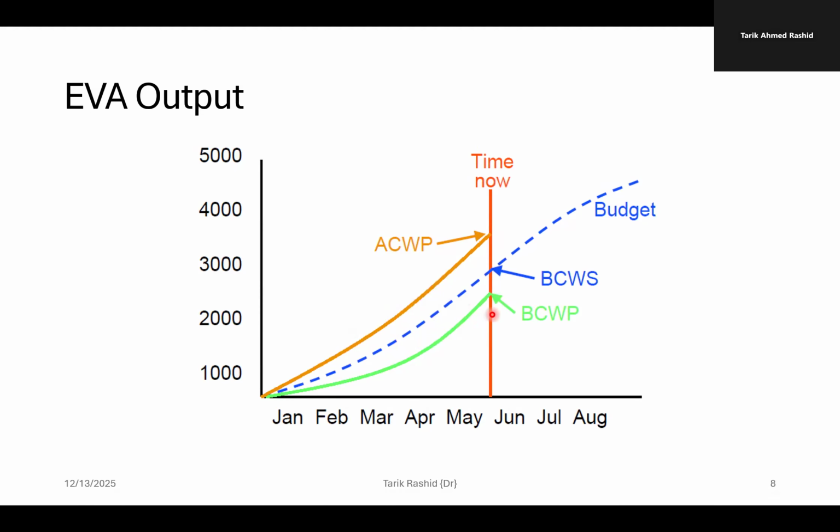So imagine this visual. If let's say we have 5,000 and these are the duration. So budget cost work performed is the work that you have done. And this is the plan that you should have been there, budget cost work scheduled. And that's your budget that goes all the way. And this one, actual cost work performed, so actual money that you spent, actual cost that you spent. That's your budget. That's the actual cost that you spent. This is your plan. This is your